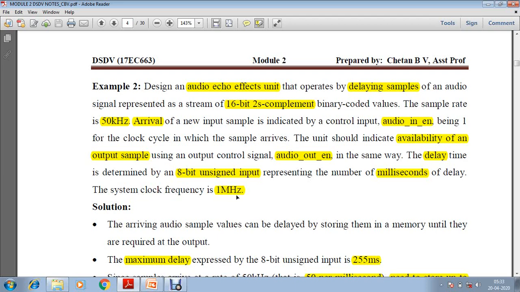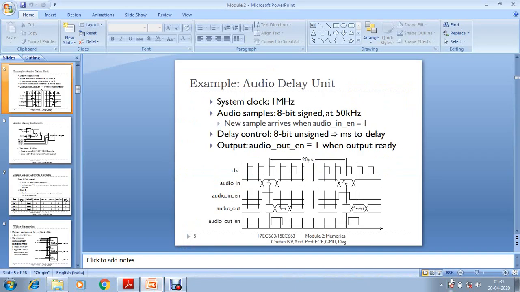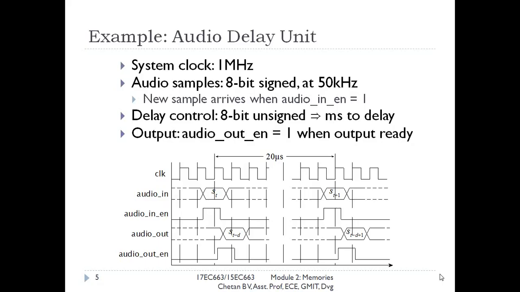So for whatever digital system we design, the clock is 1 MHz. So this is the solution for the problem statement. System clock is 1 MHz as given in the problem statement.